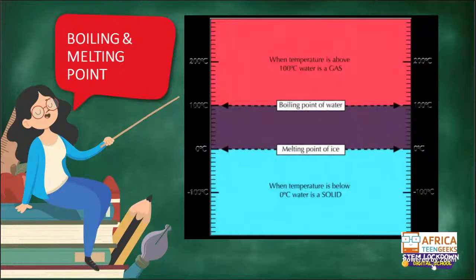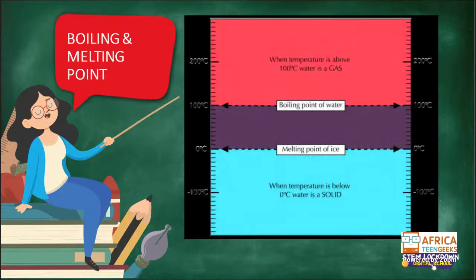So the melting point of ice is what? 0 degrees Celsius. Now, if you manipulate the temperature again or the heat, and then you get to 100 degrees Celsius. So what is happening is that at 100 degrees Celsius, boiling point of water has been obtained. So simply the boiling point of water is what? At 100 degrees Celsius. And beyond 100 degrees Celsius and into 200 degrees Celsius, we say that the water is